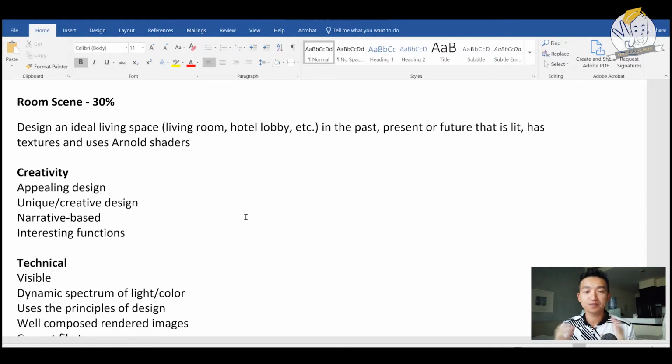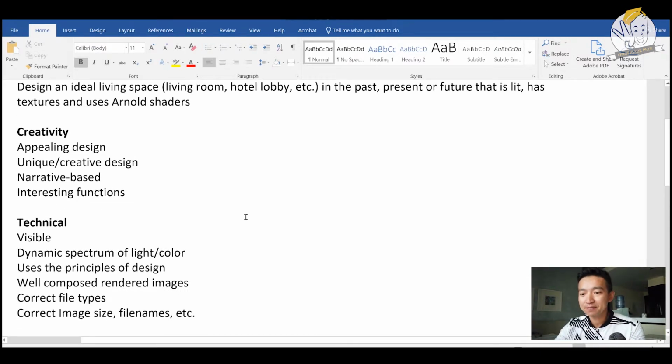It has to have walls, at least 3 walls, and it has to be essentially indoor or self-contained with ideally no external lighting. Okay. Now, the rubric in terms of what we want to see, as you can see here,